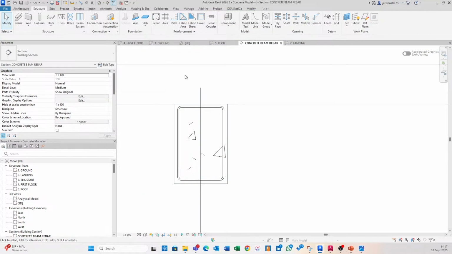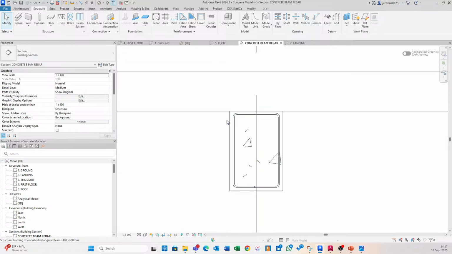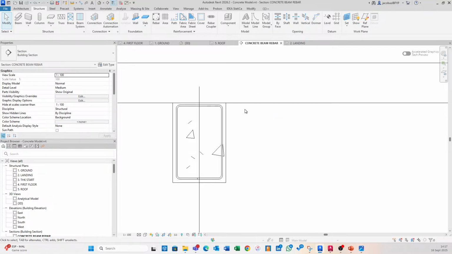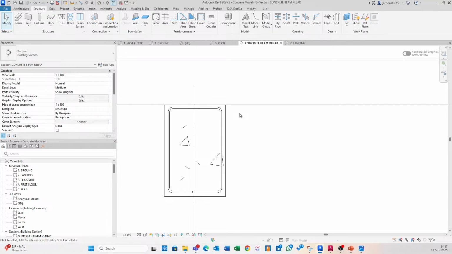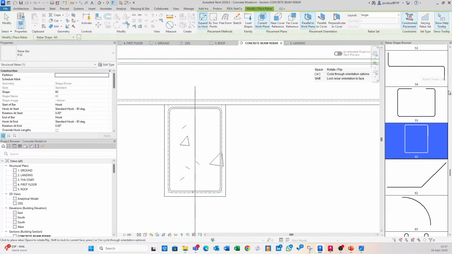Again, normally we would have these extended to the slab. These flanges would be cut off at some point, and this would be considered a T beam. But again, I'm just looking to show how some of these commands and things work. All right, so now I want to put in those straight bars, and